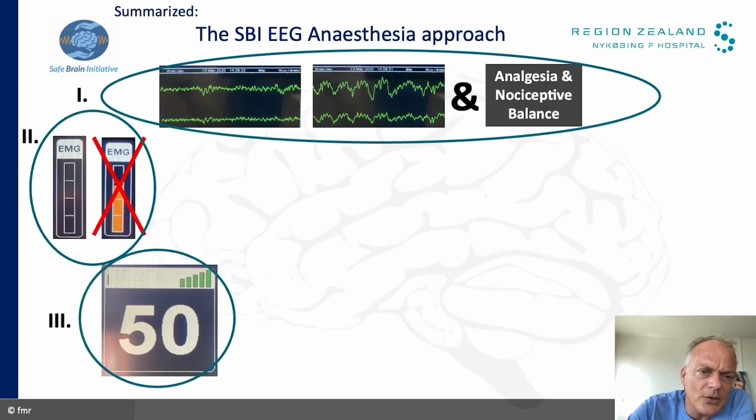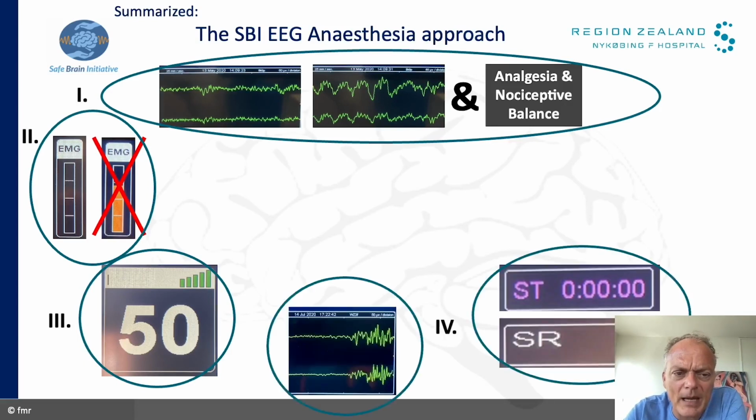Always cross-validate what you see in the EEG with your processed EEG number. The less experience you have, the better it is to have an additional number for backup. If you have produced burst suppression, again, it is easily recognizable in the raw EEG, but also to be seen in the suppression ratio, and in the suppression time over the whole period. Then you need to lighten up on the sedative part. Again, make sure that your analgesic is adequately in place.